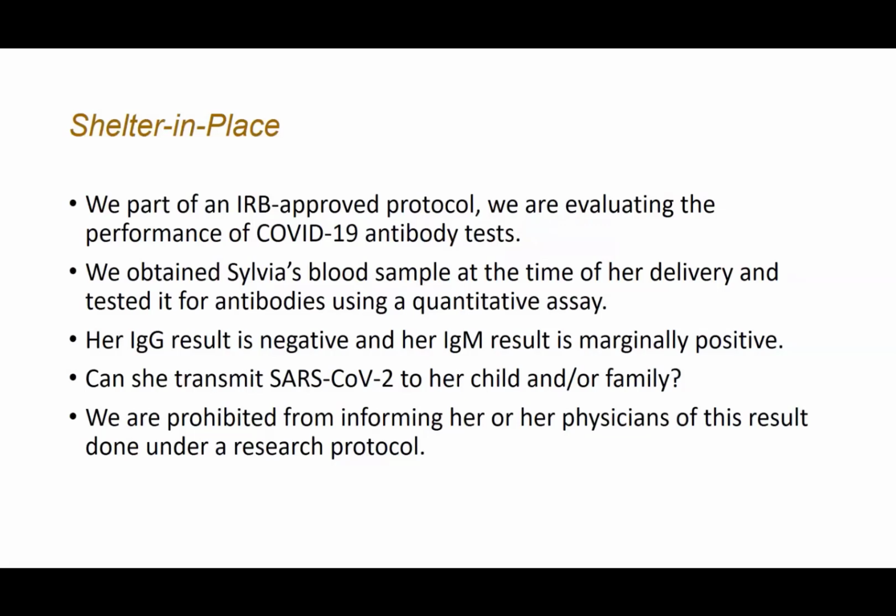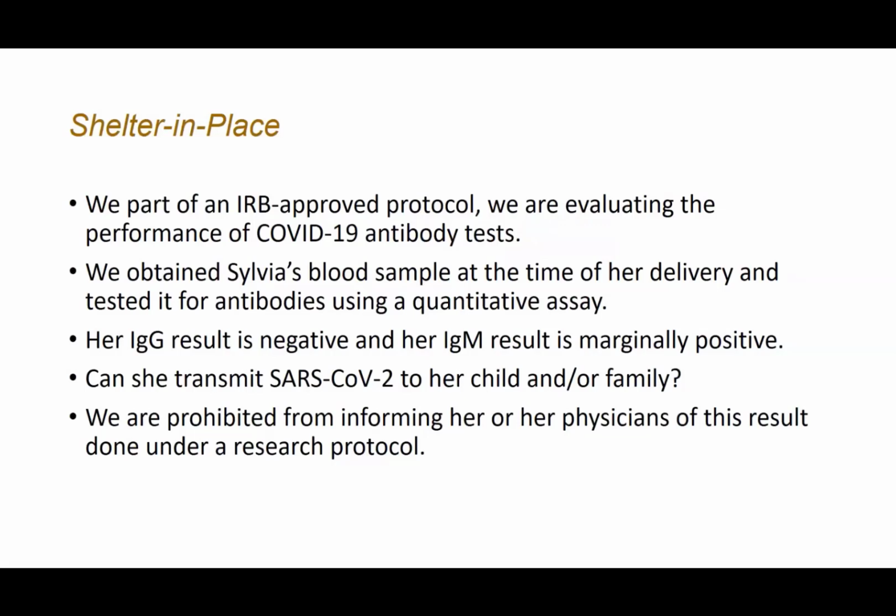But her IgG result in the second sample, 4 weeks after her initial virus positivity, was in fact negative. And her IgM result was marginally positive. This was quite unexpected because we would have thought that a month in, she would have both IgM and IgG antibodies. And so the question,